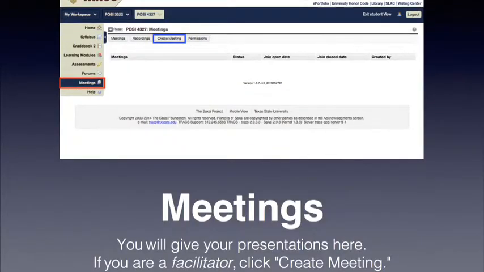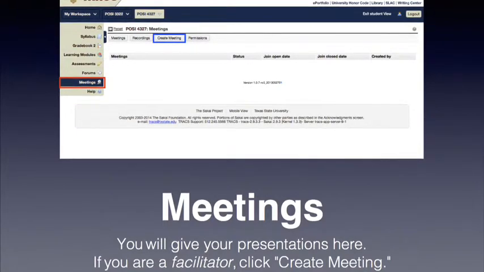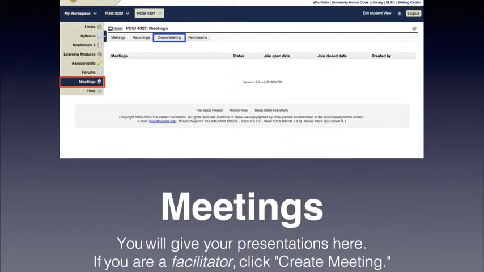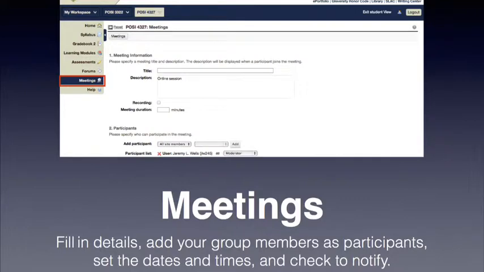Another important part of the course is the presentations that you'll be giving to the rest of your group. This will be done using meetings. If you're a group facilitator for the module, then you will need to go to Meetings, click Create Meeting, fill in all the details, be sure to add the participants, meaning all of the members of your group,